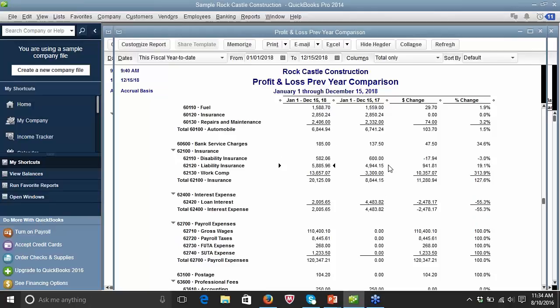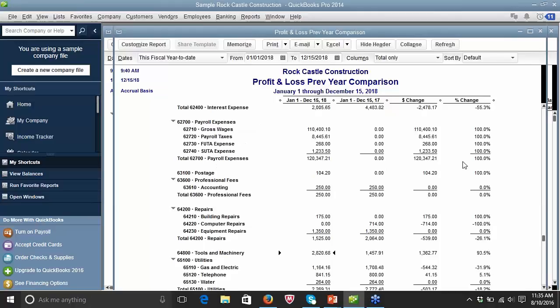So it's very useful for planning to see how the company is improving, or maybe you may find it's not improving in certain areas, but you can quickly see where the line items are. Like here for loan interest, the change is down by 55%, which is a good thing for a loan. But had that been income, it certainly would be a bad thing. So it gives a company on a line-by-line basis a way to very quickly determine what is changing in the company financially, and then they can go down and use this